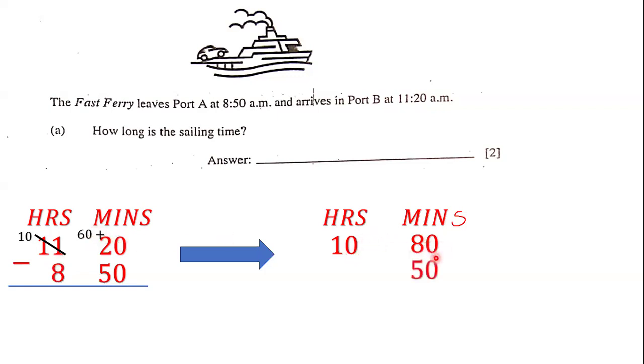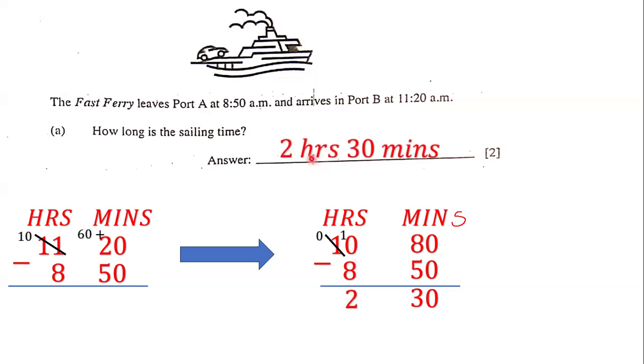And at the bottom, we still have 50 minutes and we have 8 hours at the bottom. So we have to perform our subtraction. 0 minus 0 is definitely 0, and 8 minus 5 is definitely 3. And so we have 0 minus 8, but we can't do that, so we have to borrow. So if we take away 1 from 1, that becomes 0, and we're going to put this 1 on top. So we have 10 minus 8, which is 2. And so that means that its sailing time was 2 hours and 30 minutes, and that's the answer for this